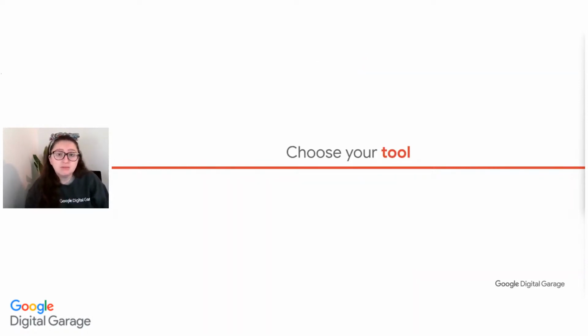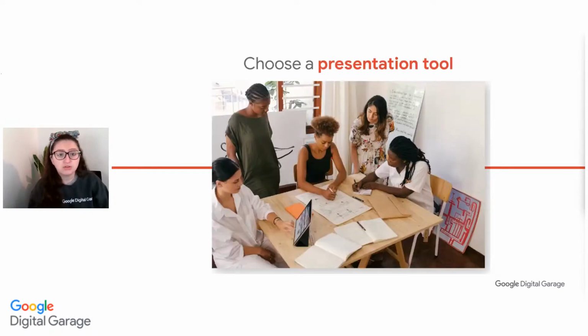So when it comes to actually building the slides, you've decided, yeah, I'm going to have slides. I'm going to go for more of a formal presentation. There's a few tools that you can choose from. There's actually a lot of different software available that you can use to create slides. Now, what we're using today and what I'm going to talk through is that tool that I mentioned a minute ago, which is Google Slides. Now, this is Google's free presentation tool. It's great for collaboration as well, and you can use it completely online.